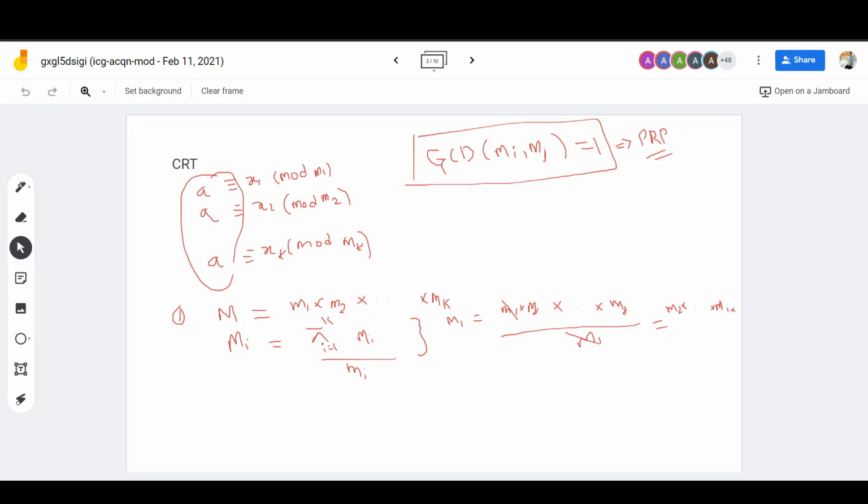This value is going to be equal to m1. The same way you have to find all the other m values. So likewise you need to find all the m values. In the second step,